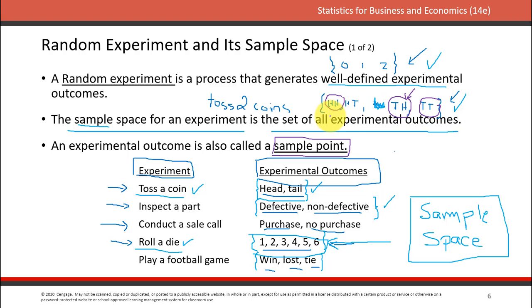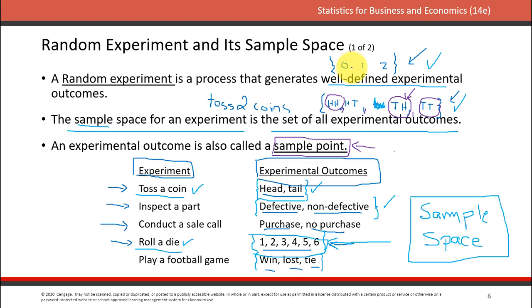So the sample space is a set. Each of the elements in the set is separated by a comma. You can see here there's 1 comma, 2 commas, 3 commas. That means there are 4 elements in the set, or 4 what we call sample points. So what are the sample points? It's not H. The things that are separated here are HH, HT, TH, and TT. So the sample point is HH. The sample point is HT. A sample point is TH. A sample point is TT.